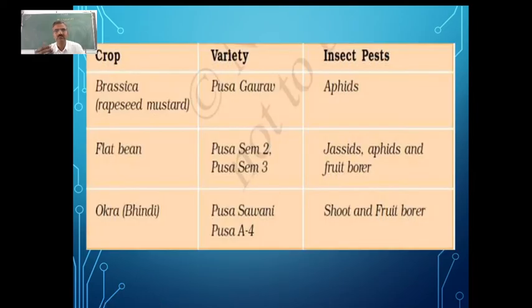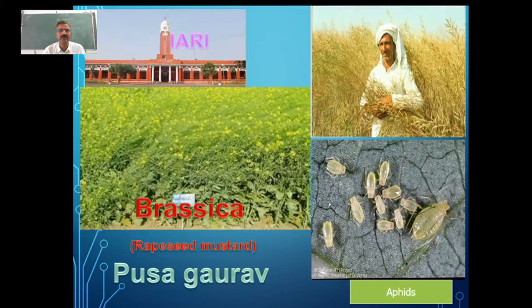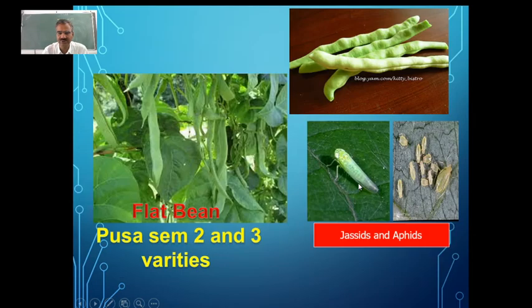And we have developed some, they are all naturally available. We have developed some varieties which are having resistance against these insect pests. You can have a look at this one. Again, I told you it is the contribution by IARI. So we have Brassica juncea, that is rapeseed mustard. The IARI has developed a variety against these aphids. These are the aphids which affect the crop. This is the variety which was developed by IARI, which we call Pusa Gaurav. Pusa Gaurav variety of Brassica, which is resistant against the aphids.